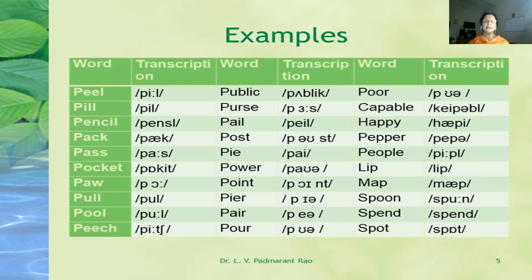So, P-E-E-L, the first word in your example set, is not pronounced as peel, but is pronounced with a slight h sound because p is present in the initial position. So, it is not peel, it is peel. Consciously incorporate the h sound so that the pronunciation will have the aspiration within it. Similarly P-I-L-L, pill, P-E-N-C-I-L, pencil, P-A-C-K, pack, P-A-S-S, pass,